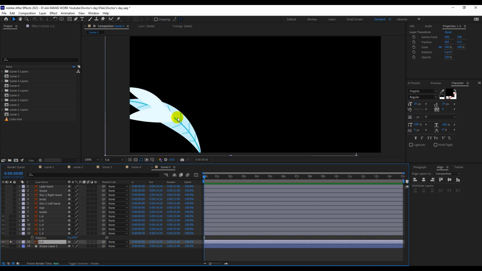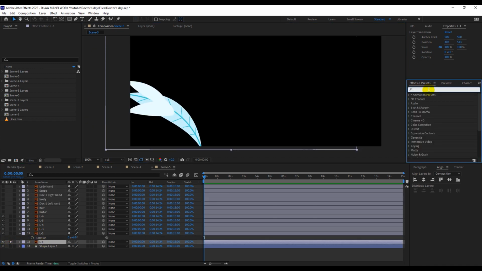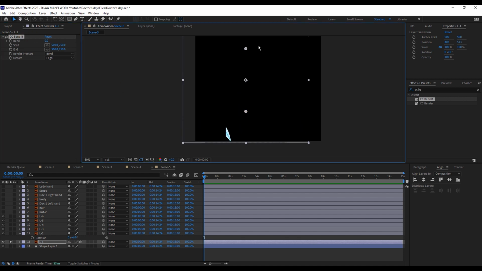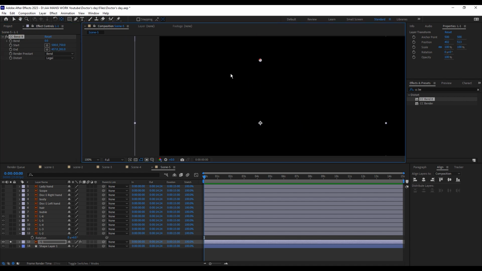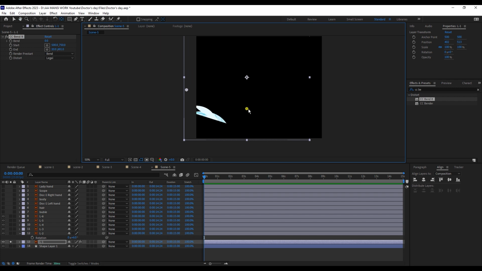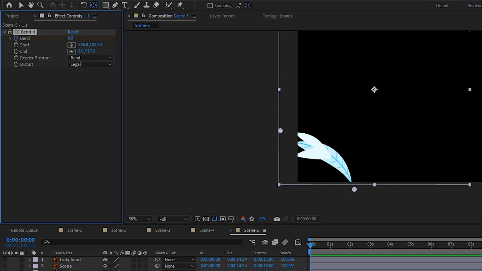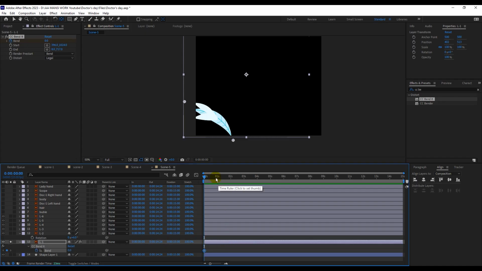At the last, we'll animate the leaf. First solo the layer, then go to the effects and presets and type CC Bend It effect and drag it to the layer. Then set the anchor of the bend effect and keyframe on Bend It